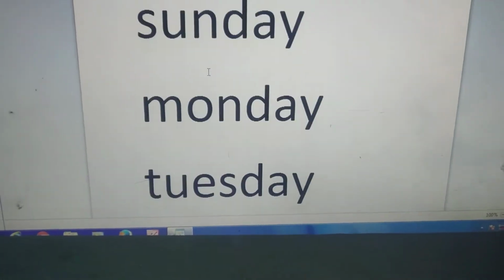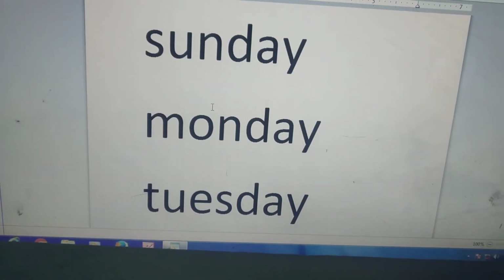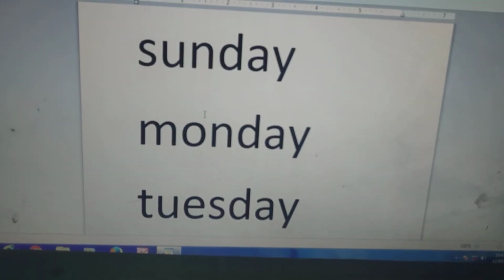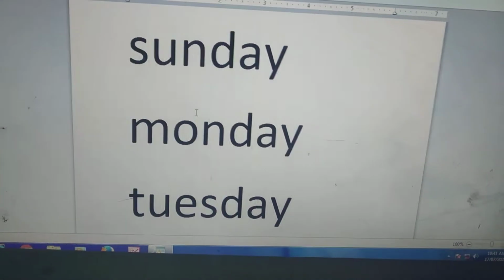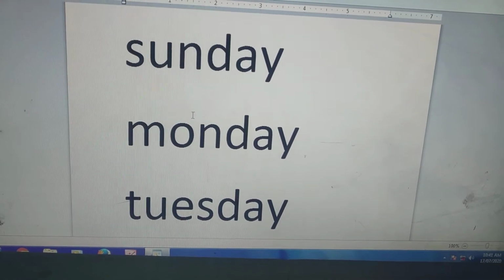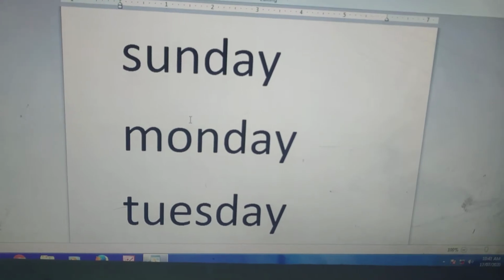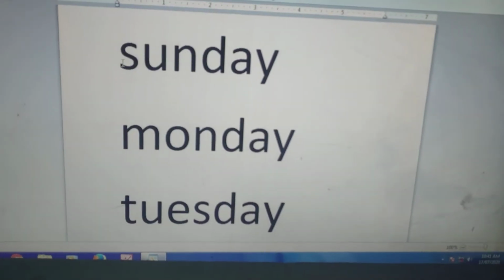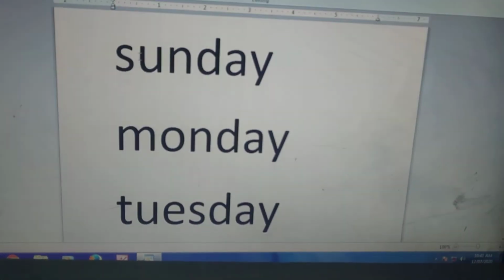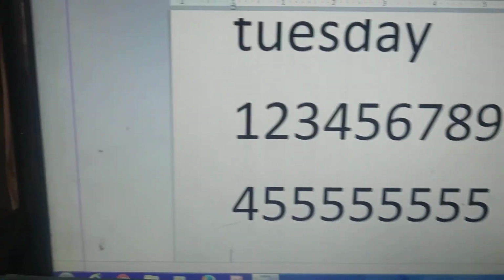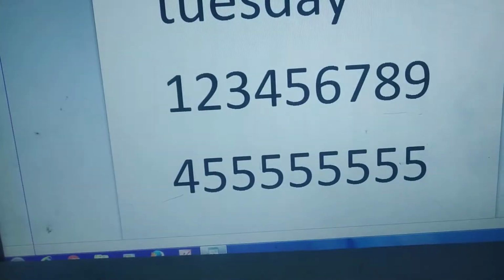Okay, then afterwards, in this session or today, we will type words. You can write Sunday, Monday, January, February, or your family member's name, whatever you want to type. Okay, but I want the first letter capital and all remaining letters small. How to type that? See, start your caps lock button, then type your name.